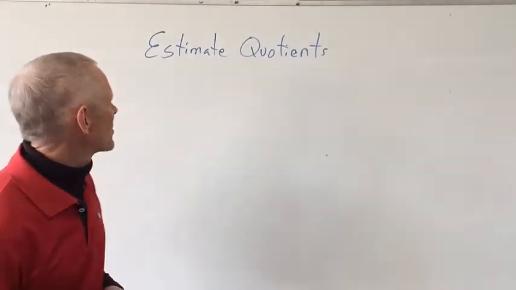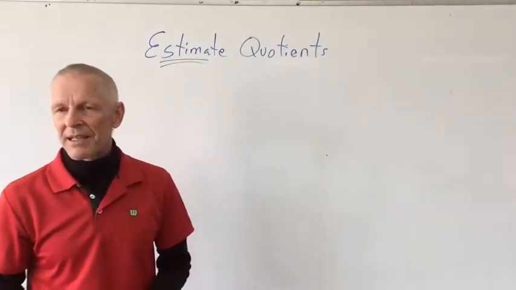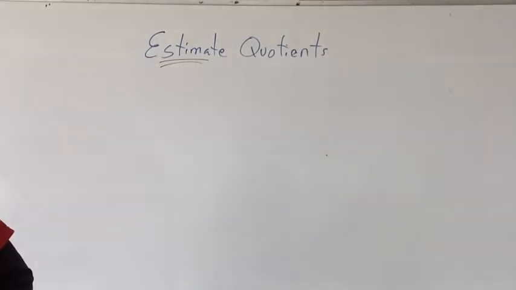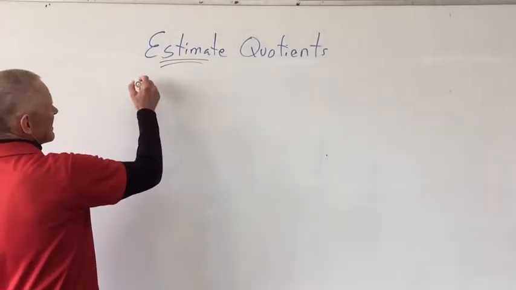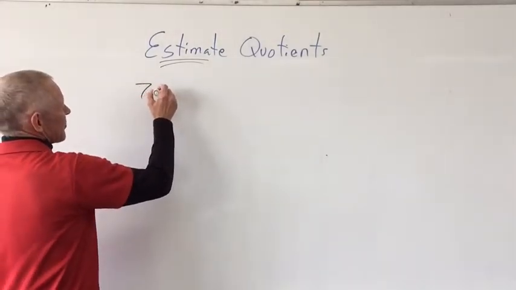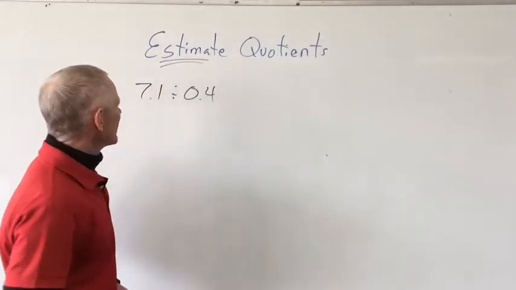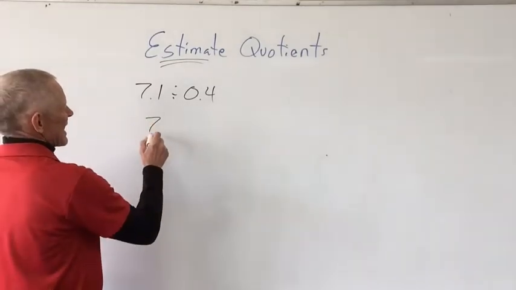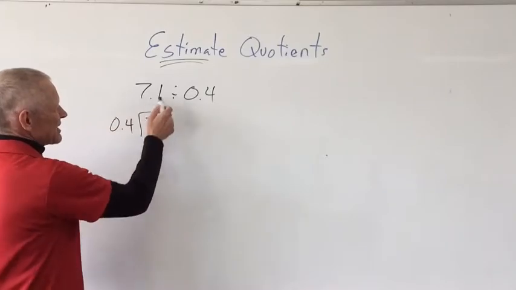pointers about it. Now, of course, estimate means that you might get a variety of answers and still be right, but they got to be close. Let's just take a look at the sample that they give you. So maybe I'm just going to take like 7.1 divided by 0.4. Now, if I think of that as 7 divided by 0.4, like I just made this